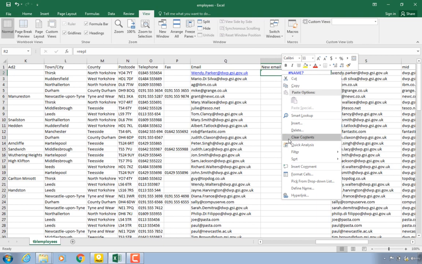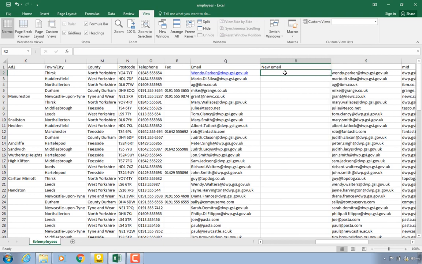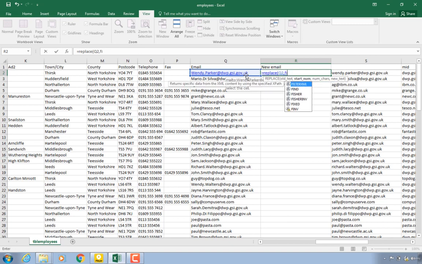Right click, then clear contents, equal sign, replace. So we're going to replace, open brackets, the old text which is Q2, comma, and we are going to find, open brackets,